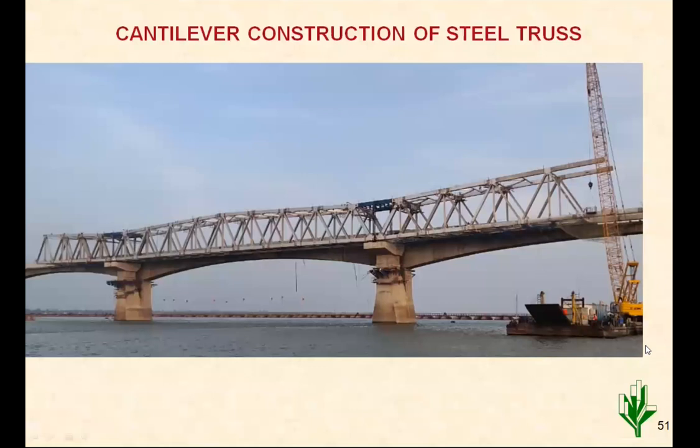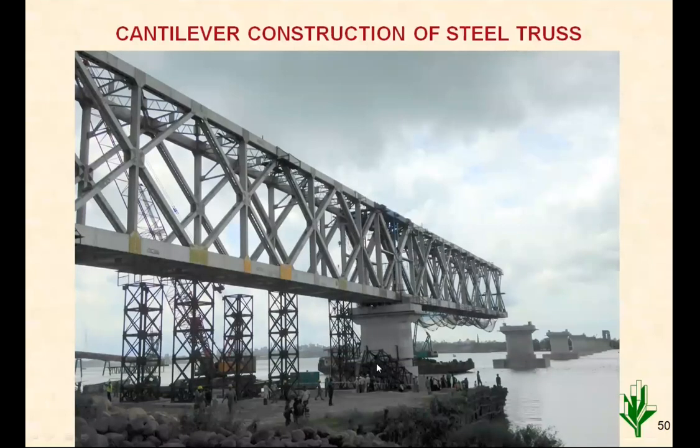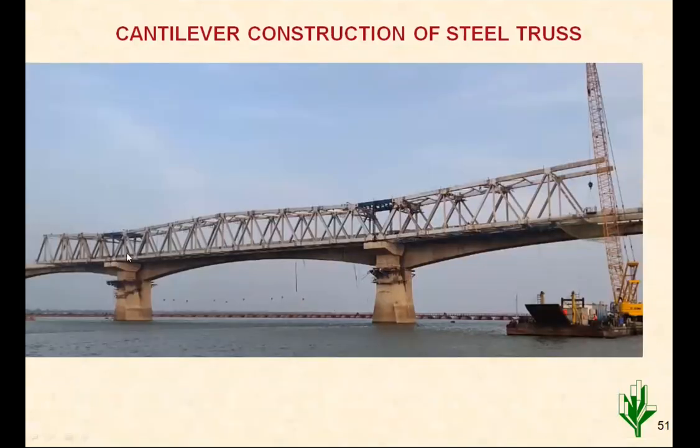A similar case is another bridge, that is MG Setu, recently being built. Construction is going on. Afcons is constructing this bridge. There, one truss is completed in between, and there are two cantilever linkages provided, and on either side, the cantilever construction can go on. This increases the speed of construction on both ends. Typically, in the earlier slide, if you see, we have to build one span and go on constructing on one side only. Whereas in this case, some mid span is constructed first, and then on either side of it, the span can go on being constructed by cantilever erection.